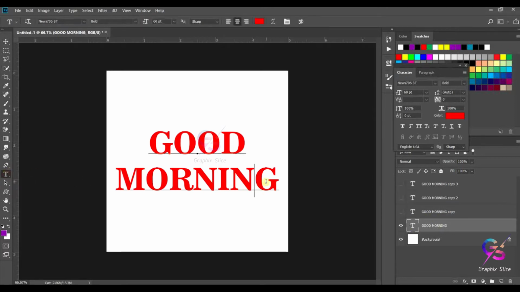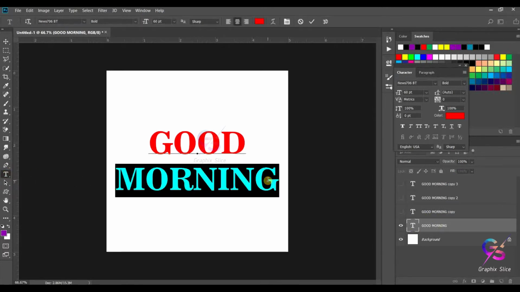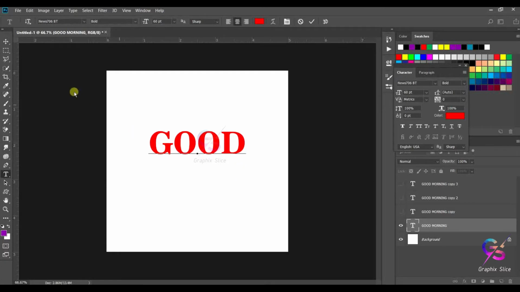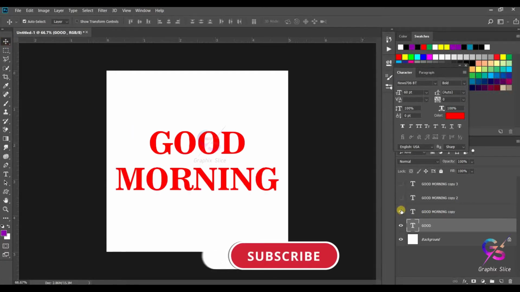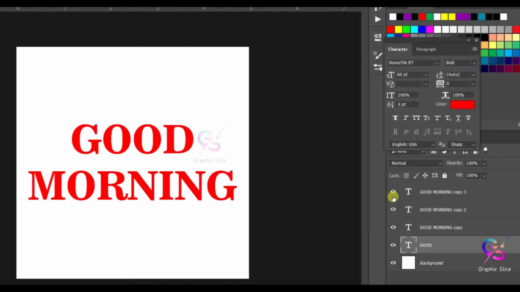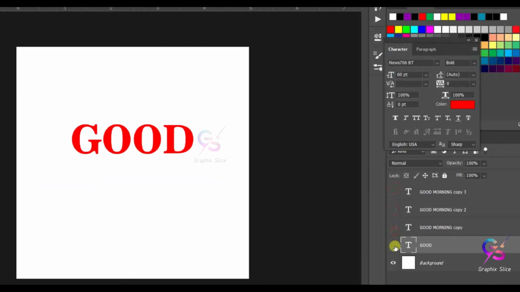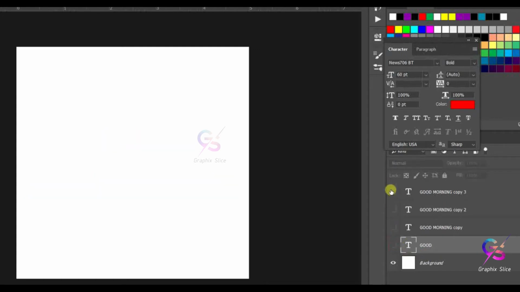Go to text. I'm going to erase this. In the first image only good, in the second image both good morning. In the third image also the same, fourth image also the same.